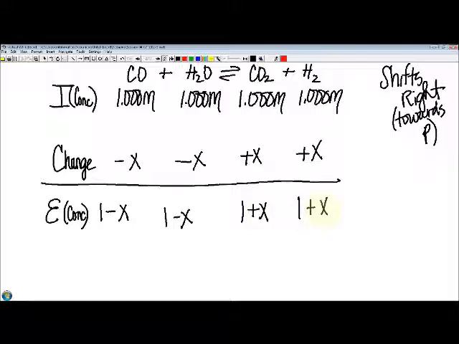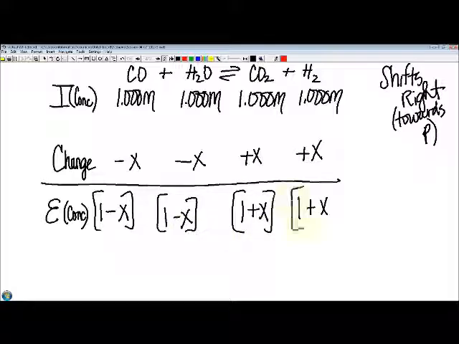So now, when we get these concentrations at equilibrium, we are going to plug into the K expression, because we know K was given in the problem, and we have to solve for x, because that will get us our equilibrium concentration at the end. If we know x, then we can just plug it in right here and solve for what everything is. Okay? So our equilibrium expression, products over reactants,